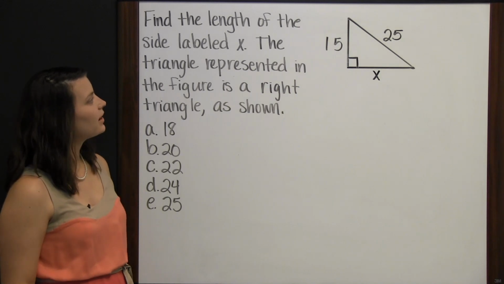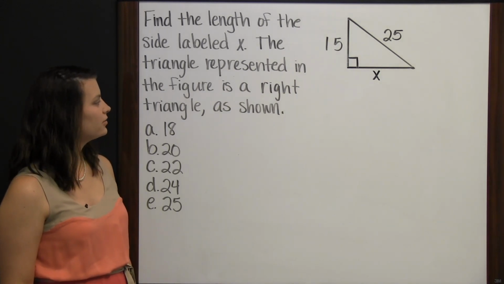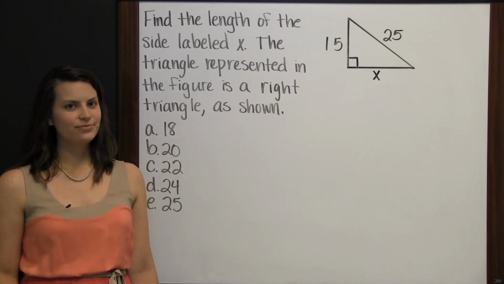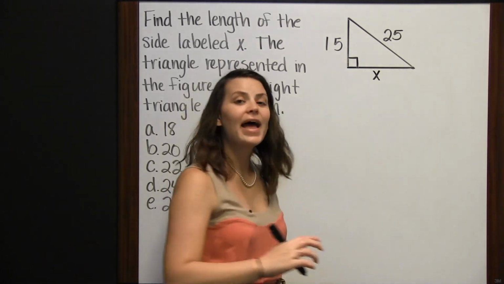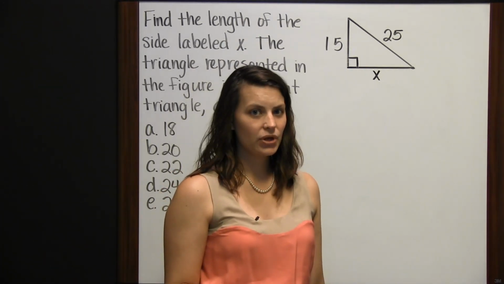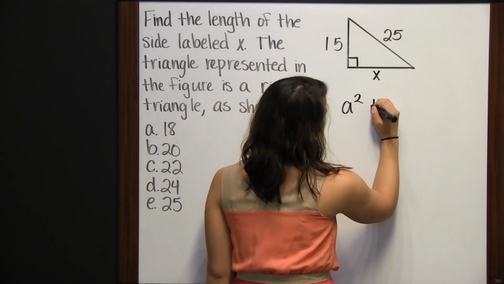Find the length of the side labeled X. The triangle represented in the figure is a right triangle, as shown. To find the missing side of any right triangle, we can use the Pythagorean theorem, which is a squared plus